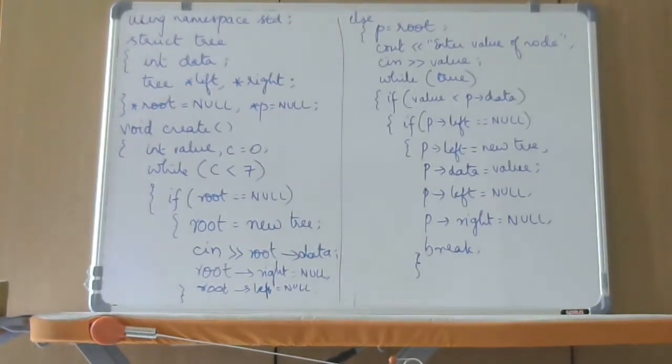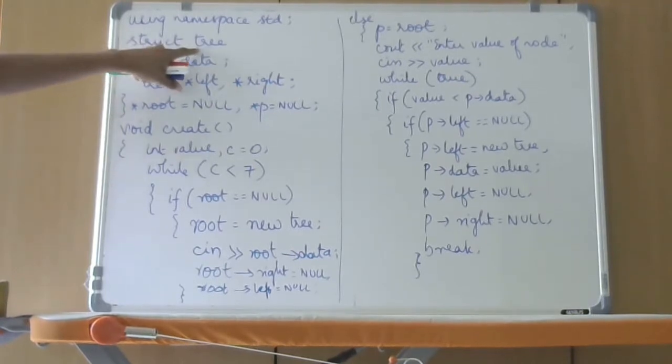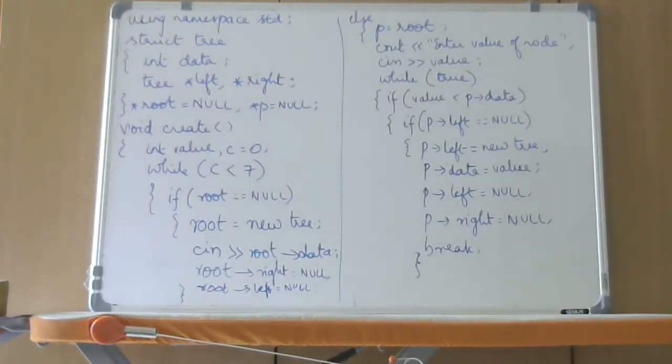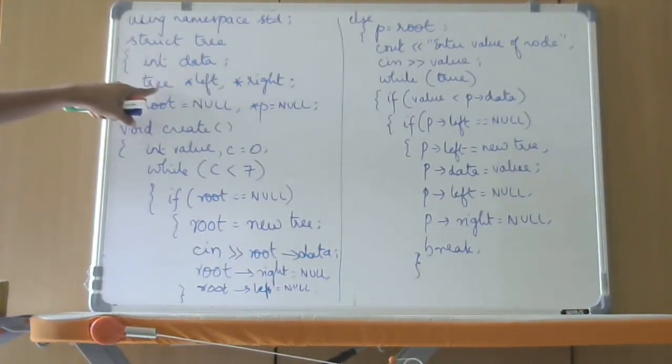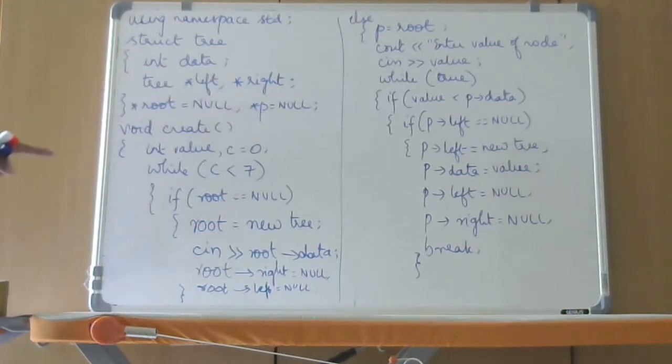So this is sample code of how we can create and traverse the binary search tree. As I told you already, this is one of the programs in your lab cycle. So what we have done here, we have, as usual, every node in the tree, we are creating a node. So far we have seen how to create nodes in a linked list and a circular linked list. Same thing we are going to follow here. So a node is defined as a structure and I call it as the tree itself. Every node is going to have data and two pointers, left and right.